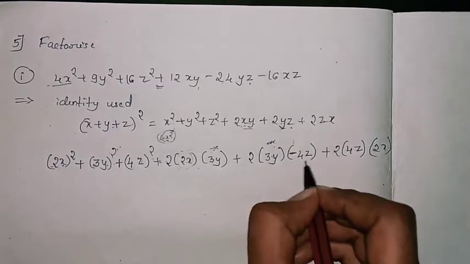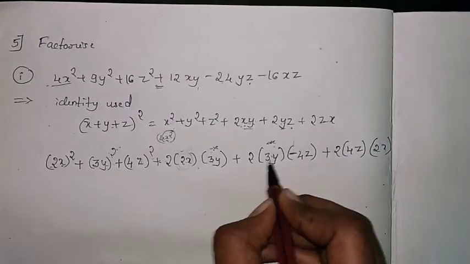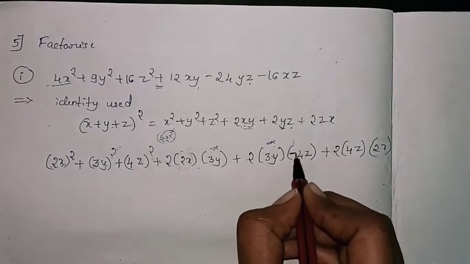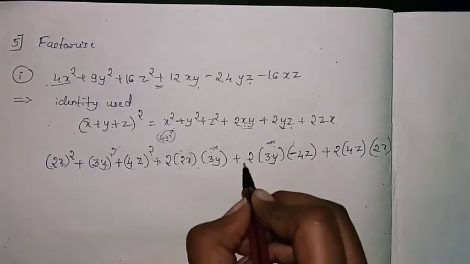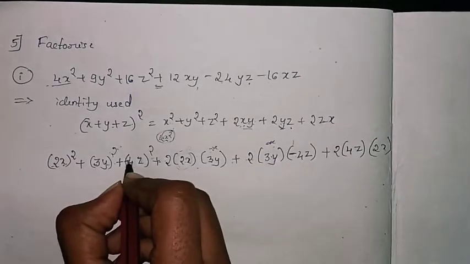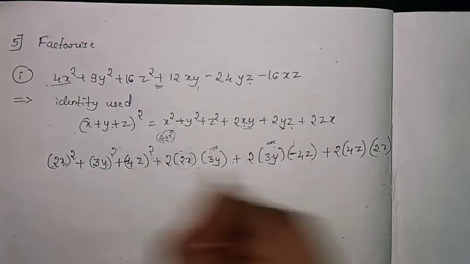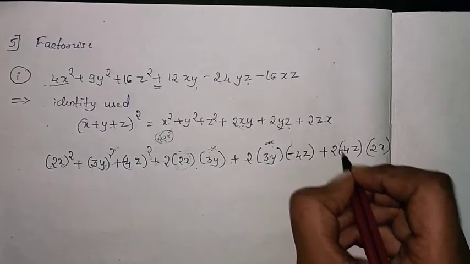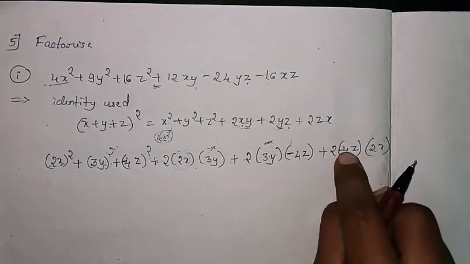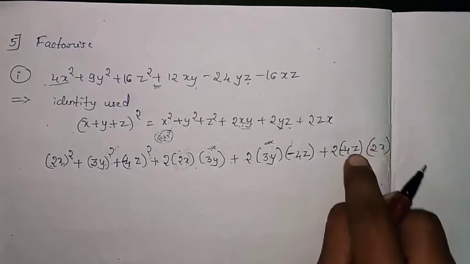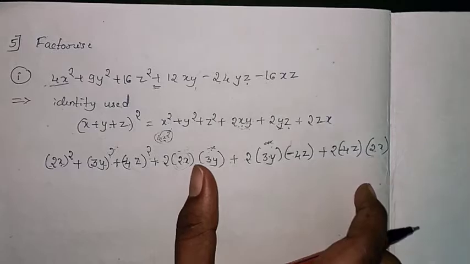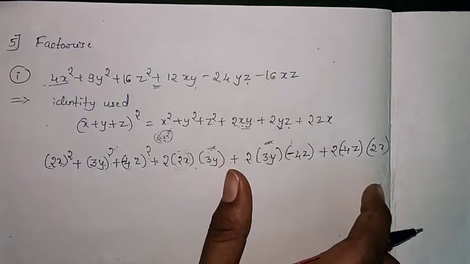So I will take that one as minus z, because 3 2s are 6, 6 4s are 24, yz. Positive and negative multiplied give negative. Now here 4z is negative, so here also you have to add that. So if you observe, 4 2s are 8, 8 2s are 16 and zx, so that is a negative sign. So now whatever we wrote, our equation is right.